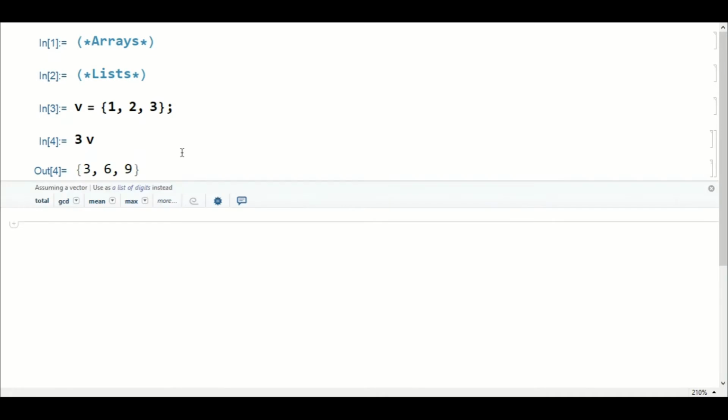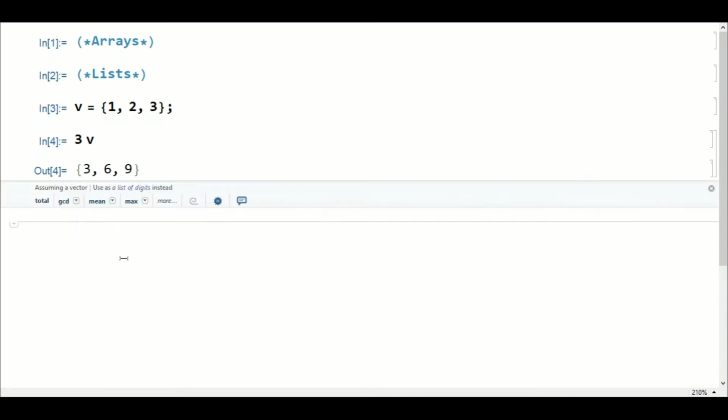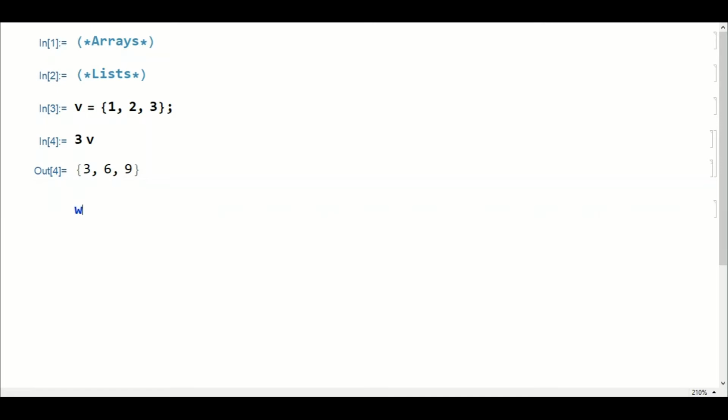So this is multiplication of a scalar with a vector. Now if I want to multiply a vector with another vector, let me say that I am having another vector which is 4 5 6.